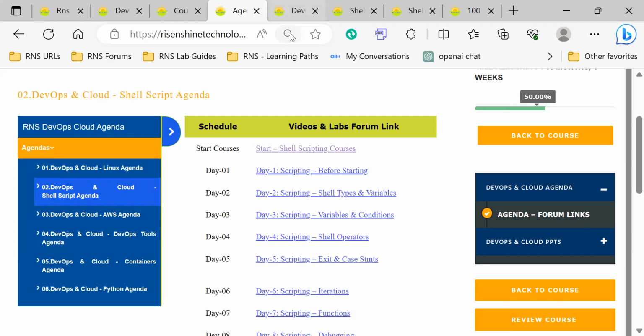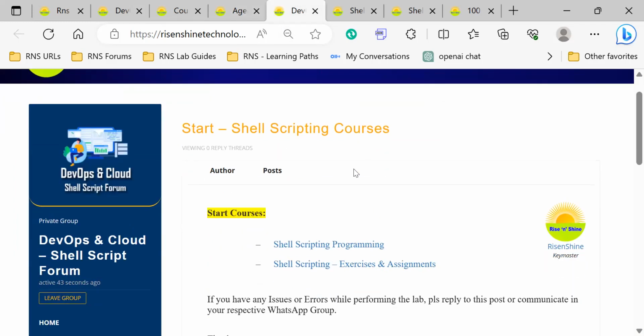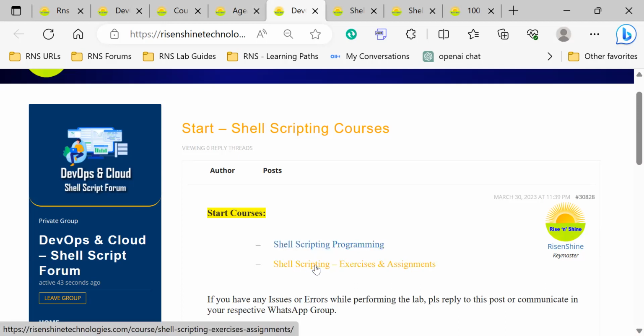which will redirect you to this page. Here you need to start two courses. One is shell scripting programming, and the second is exercises and assignments, if you would like to perform them. These two courses you need to start. If you click on shell script programming,